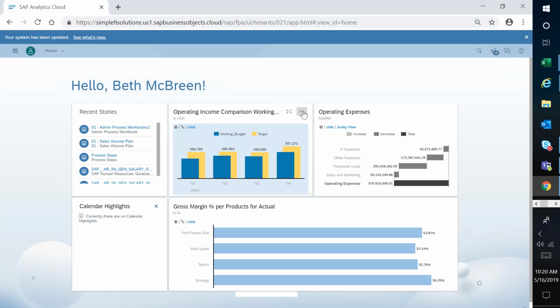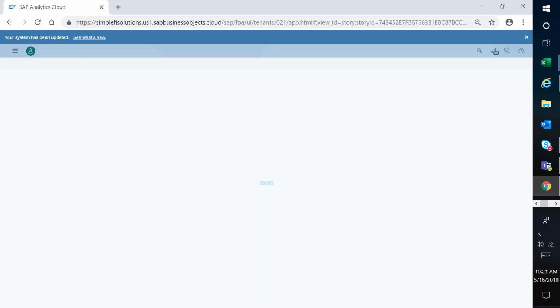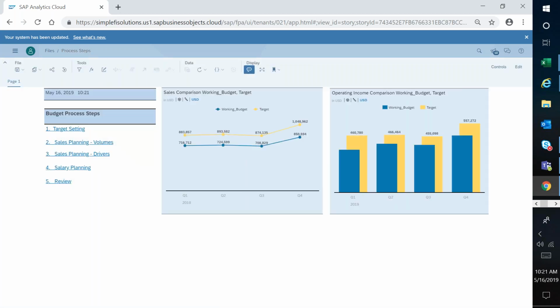So what I'm going to do to start off with is use this graph, which also is a launch point for me. I've created this launch point for my planning process that allows me to go directly to my process steps. Essentially I can have a home screen or a menu page here that allows me to have some visualizations. Maybe this is a dashboard that I set up that I can continuously come back to and check.